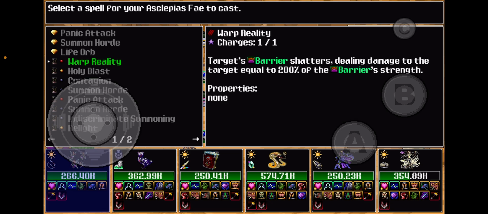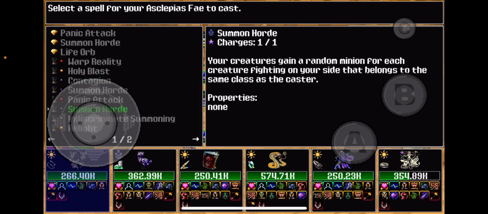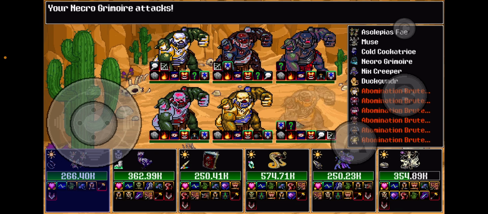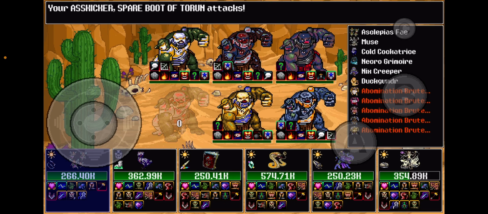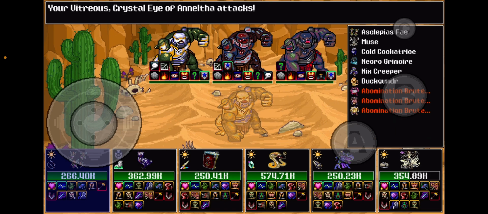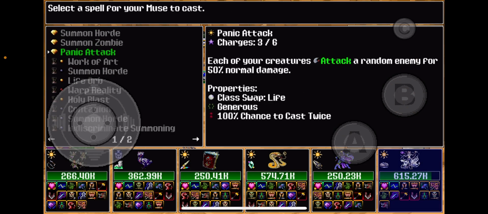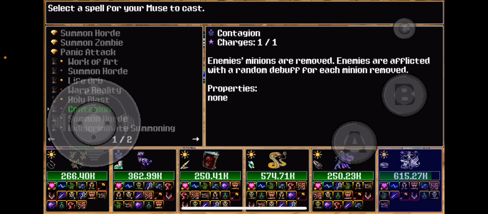So that's the last summoning spell that is in there, tucked away. So as you can see, I still got Holy Blast and Warp Reality. Those work just in case. Panic Attack and Summon Horde don't work, which is super rare. So I'm just casting Panic Attack here, and this makes every creature that has 7 or more minions go ahead and kill the opponent. So we'll just keep on casting that, and I have it so that there's a second